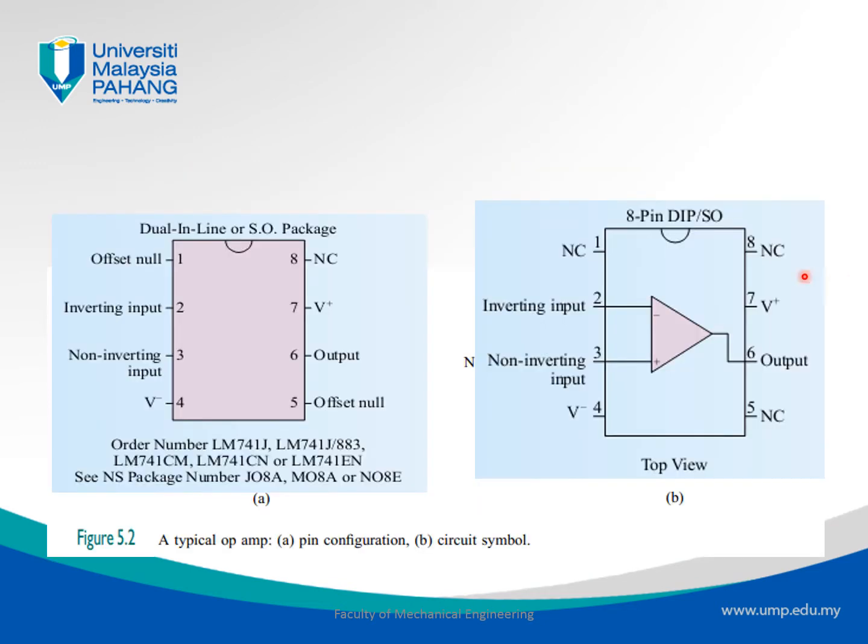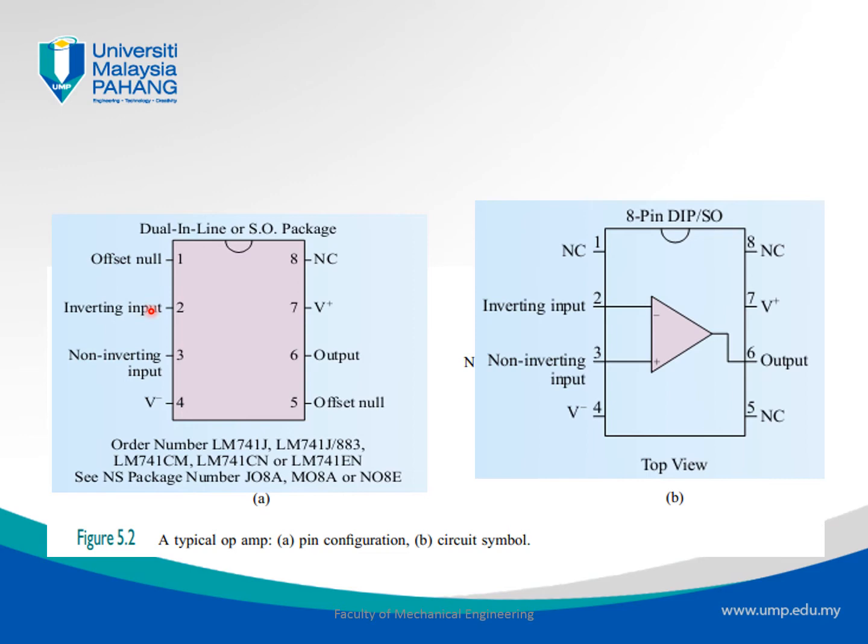If we look at the schematic diagram, this is the physical object. The marking that we see on the physical op-amp is basically these markings, and the numbering usually goes in this particular direction from 1 to 8,